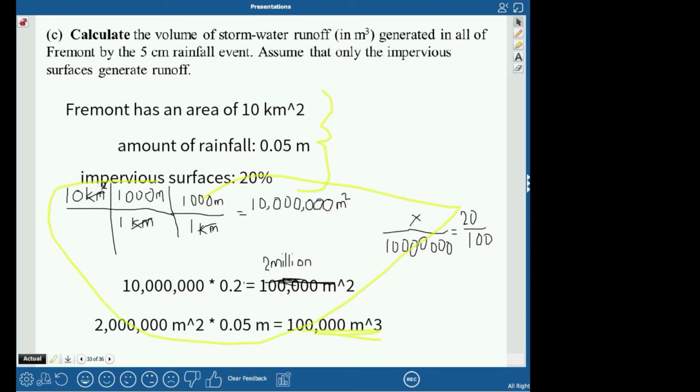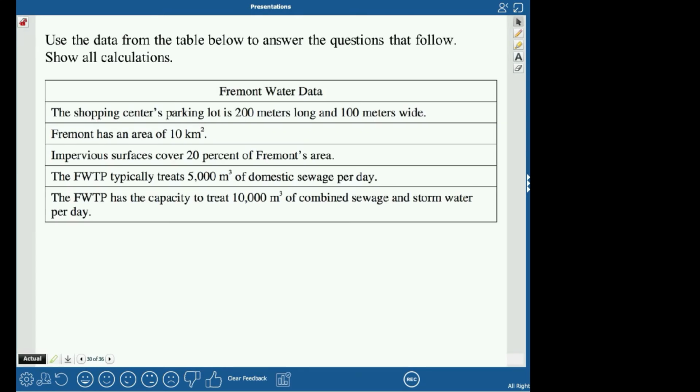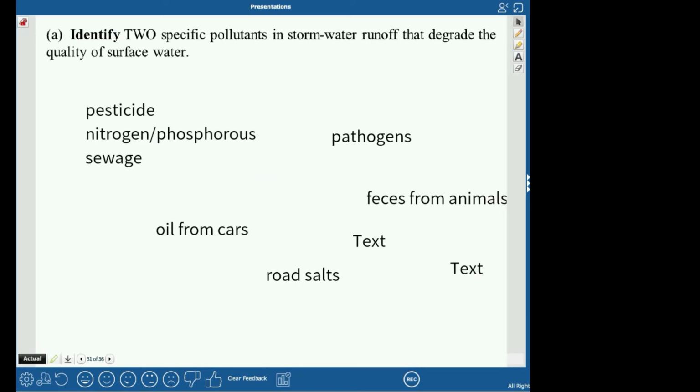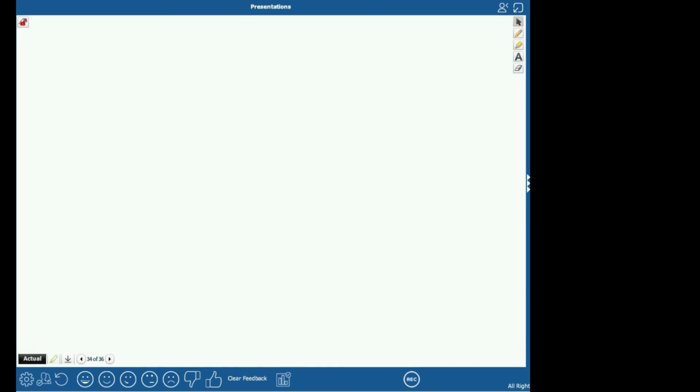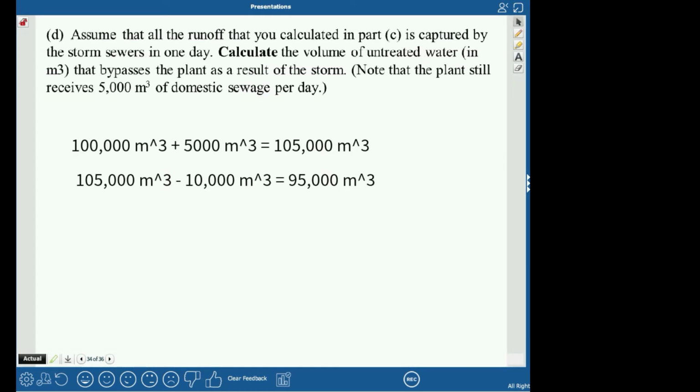Okay, cool. And then I took that, and that little table said the 20%, so that's where I got that number. The little table said it was 20% impervious. On the real AP exam, you'd have this table and you'd be able to see it the whole time. I just couldn't fit it on every single slide. It didn't leave us much room to do work. So that's why it's there.